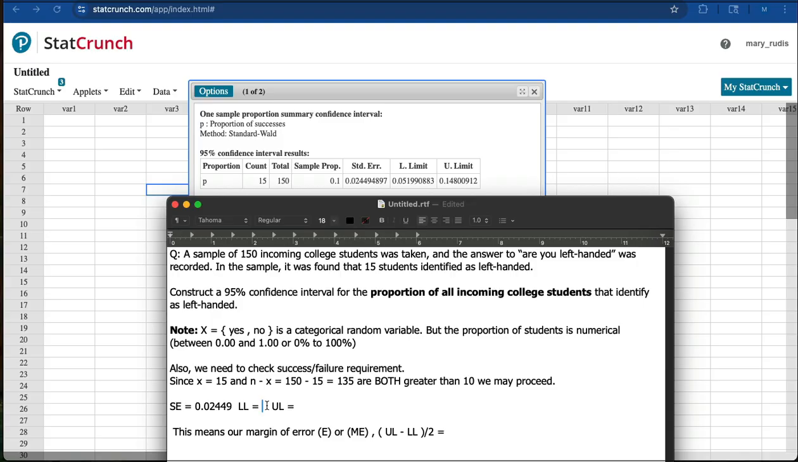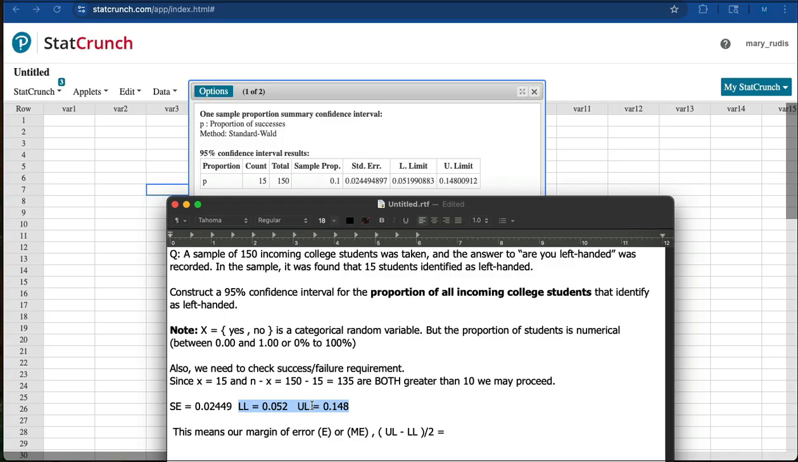The lower limit of our confidence interval is 0.05199, which rounds to 0.052, because of the 9 next to it. And then the upper limit is 0.148 or 14.8%. So what that's basically giving us is a margin of error in our calculation because we